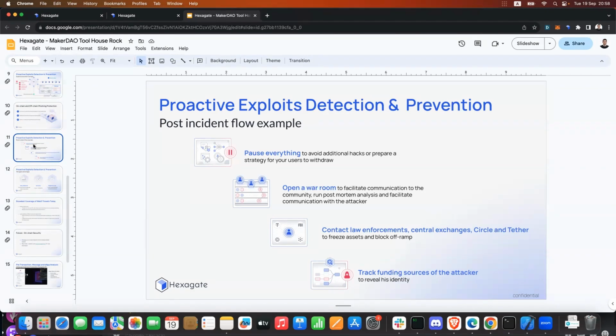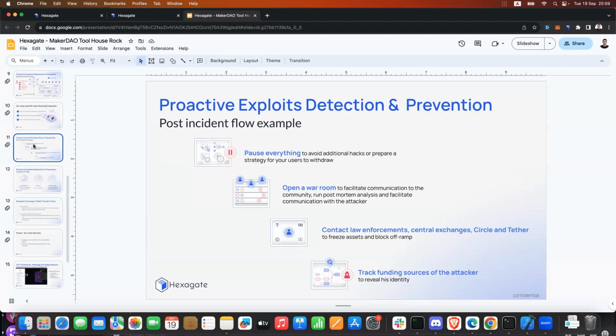And normally when we work with a decentralized protocol, that's our strategy. It really depends, again, if the protocol wants to enable the users or just update them over the communication channels of the protocol. It can be Discord or Twitter or any other platform to communicate that to their users. Now, other than pausing anything, it's anything around managing a war room.